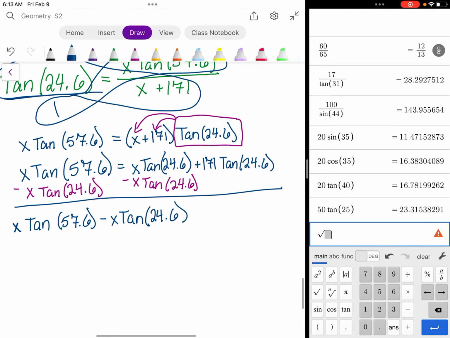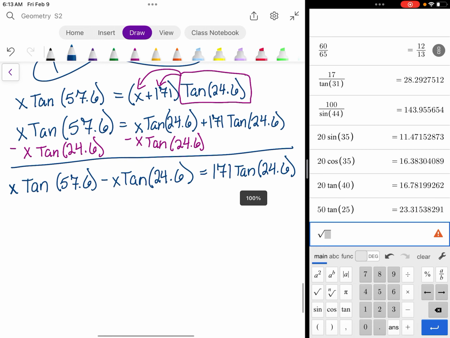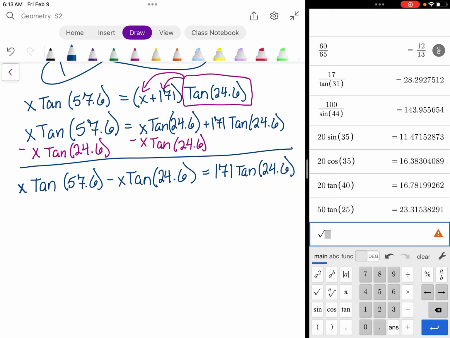So we're not able to simplify anything quite yet on these problems. Oops, forgot the 171. Okay, so once you are here, you have both of your x variables on the left side,